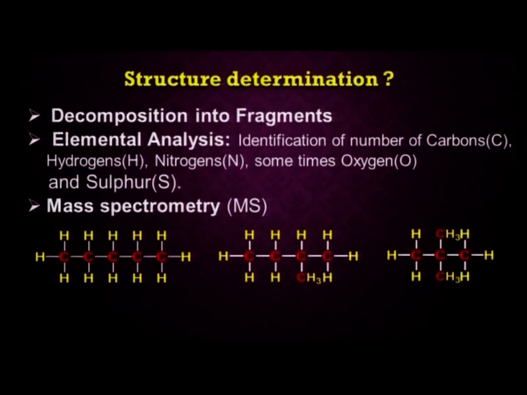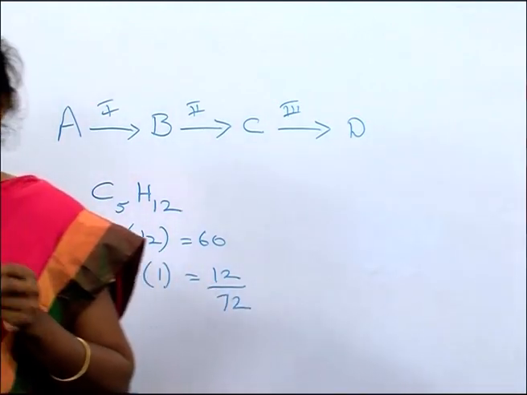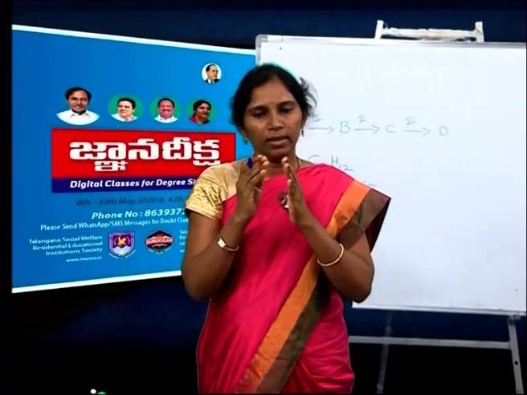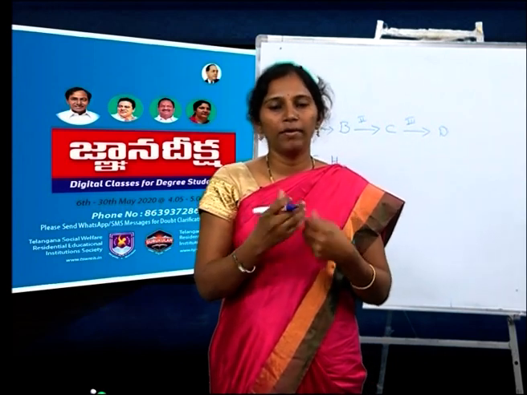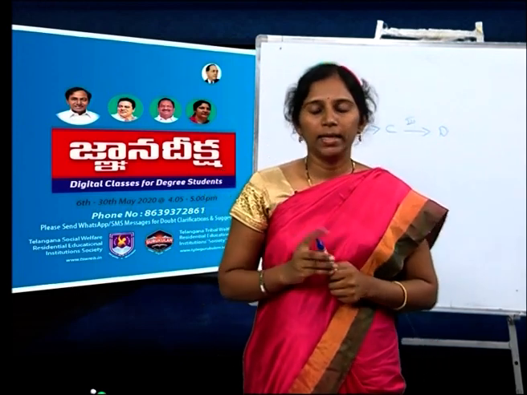If you calculate the molecular weight, C5H12, 5 into each carbon 12, that is 60, and 12 into each hydrogen molecular weight 1, that is 60 plus 12, 72. By that we can determine the molecular weight, and the same data is given for these 3 molecules, and we could not find which molecule we particularly got, and hence at that time an updated method was needed, and